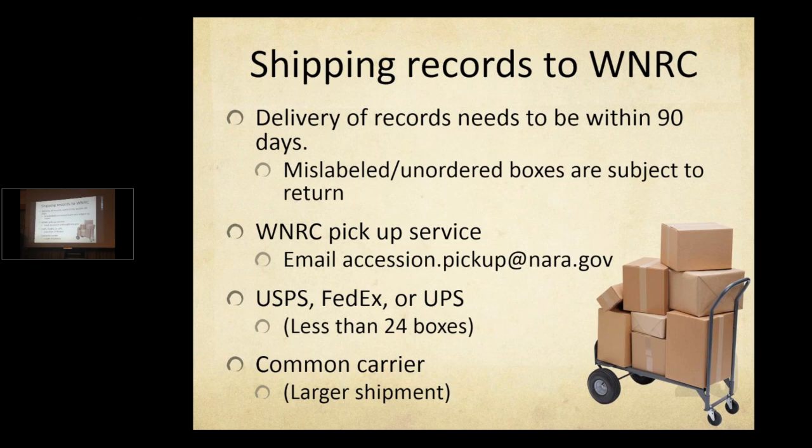Yep, we have a question here. Repeat the classified number again. Sure. The question was to repeat the vault's phone number for questions about shipping classified materials, and the answer is area code 301-778-1595. Okay. Yeah, and again, the short version is that I believe for top secret, you have to use a